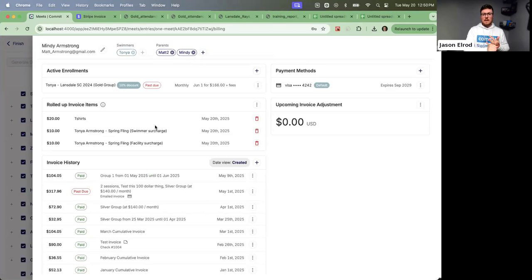Or if there are any failed payments, it'll tell you the payment failed on whatever payment method they have. The other option is you can finalize the invoice and then send the invoice. So all your members, both in their commit accounts and in their emails, will receive the invoice that they can log in and pay, or they can pay through the invoice. It has a link. The one thing to know about when the invoices are sent that way is that there's no automatic trigger that happens at some point.